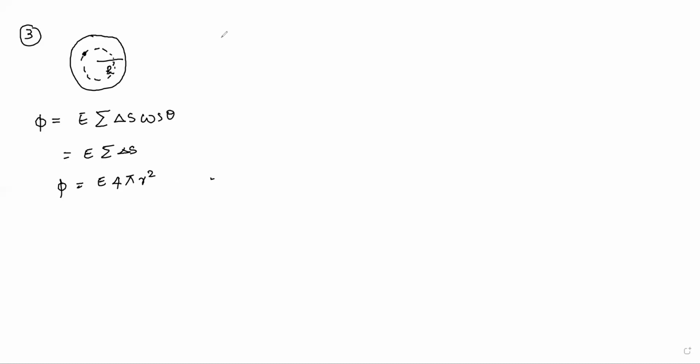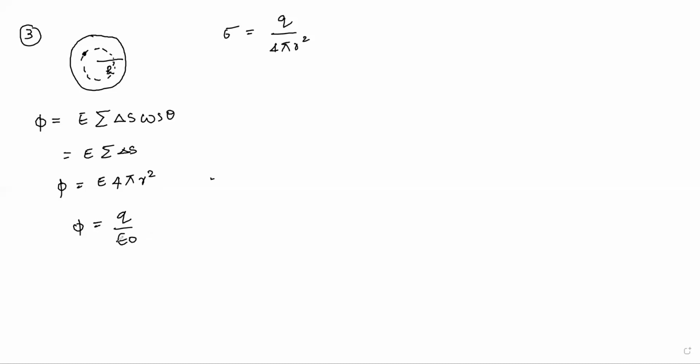And according to the equation which we were referring to earlier, sigma is equal to q by 4 pi r square. And in the second case, what did we do? In the second case, we considered E is equal to sigma by epsilon naught, right? With all these things, we can rewrite this equation as phi is equal to q by epsilon naught. This is the second case. From the second case, we get phi is equal to q by epsilon naught.